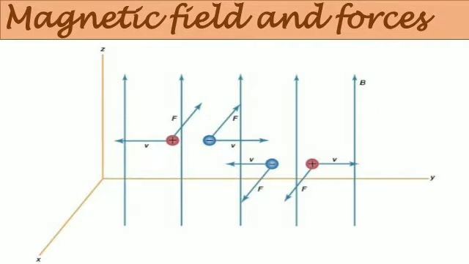Now, how does the magnetic field interact with a charged object? If the charge is at rest, there is no interaction. If the charge moves, however, it is subjected to a force, the size of which increases in direct proportion with the velocity of the charge. The force has a direction that is perpendicular both to the direction of motion of the charge and to the direction of the magnetic field,